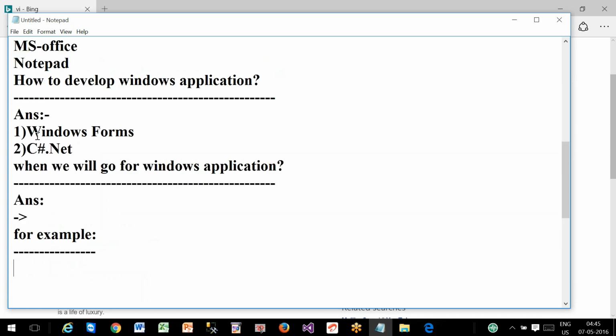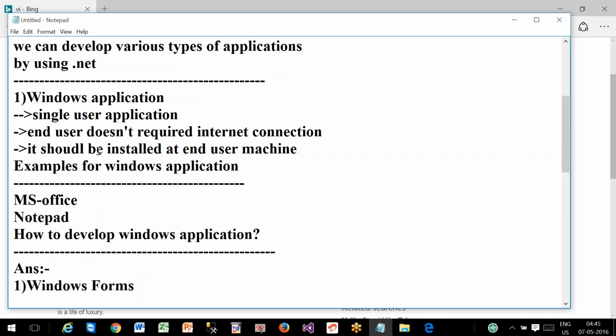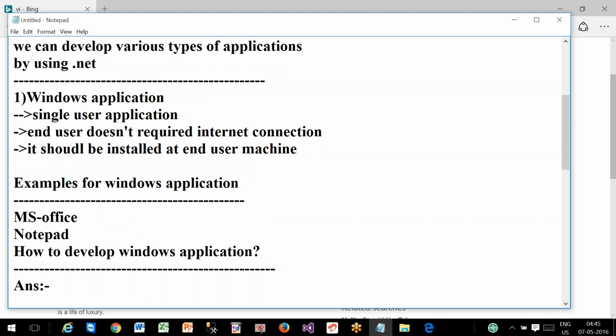And if you want to develop a Windows application, we have to use Windows Forms and C#.NET. Among the features, one is single user, second is the end user does not require an internet connection, third is it should be installed on the end user's machine. And one more feature we have, that is a Windows application will have a special